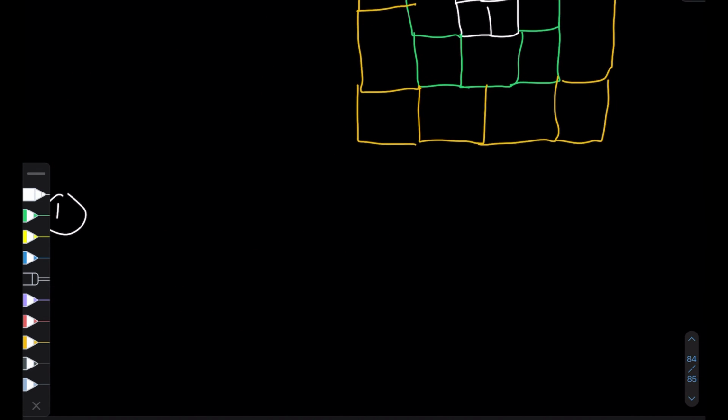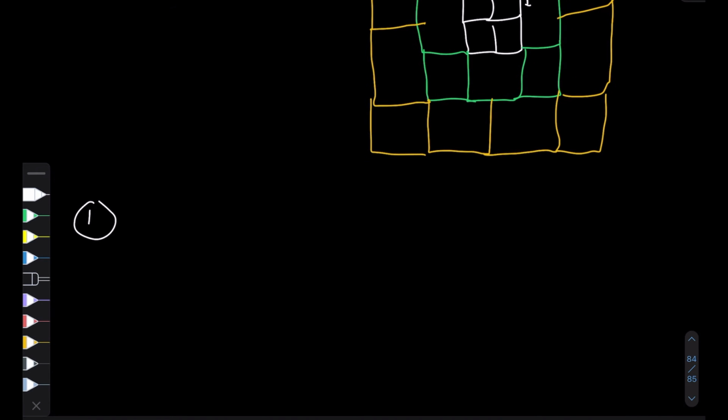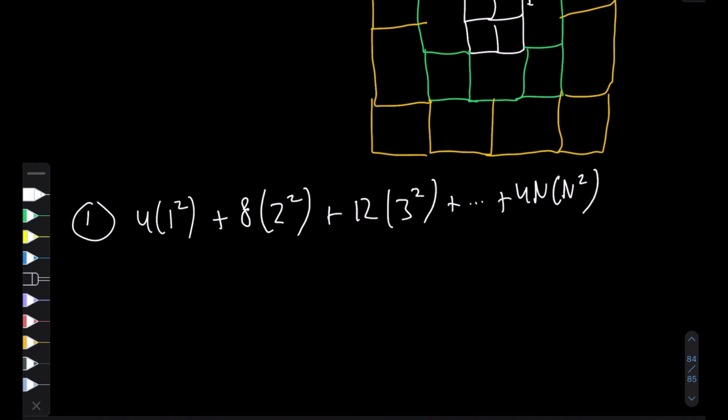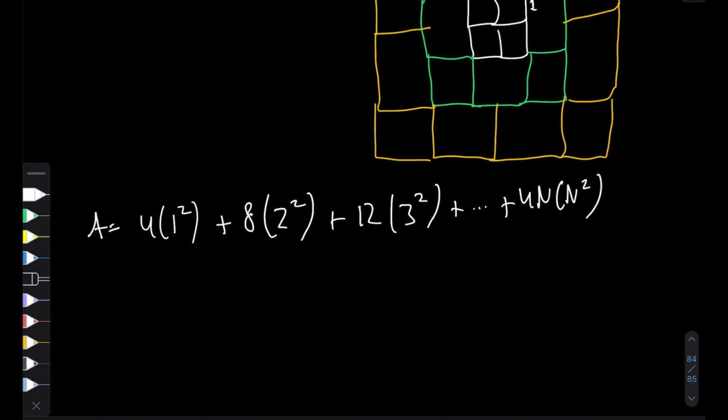So the area will be the sum of these. In other words, 4 multiplied with 1, which was the length, and I square it because the area of a square is the length squared, plus 8 multiplied with 2 squared, plus 12 multiplied with 3 squared, all the way to 4n multiplied with n squared. So the area is equal to this, and this is my first method. Now we can notice that since these are multiples of 4,